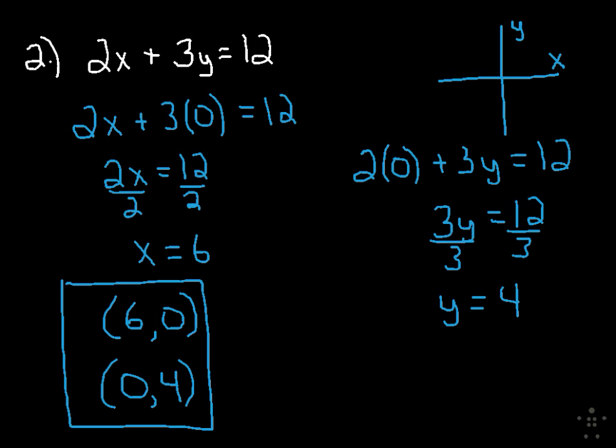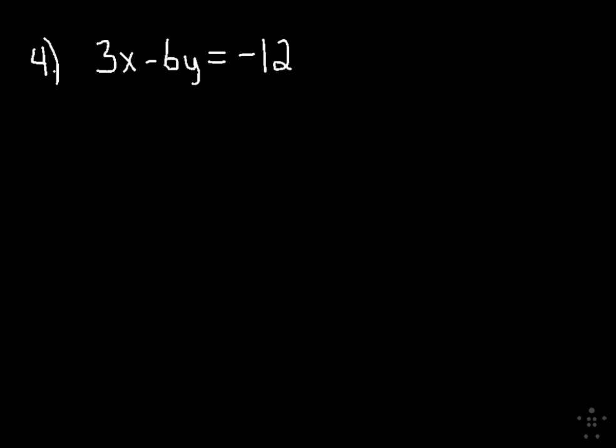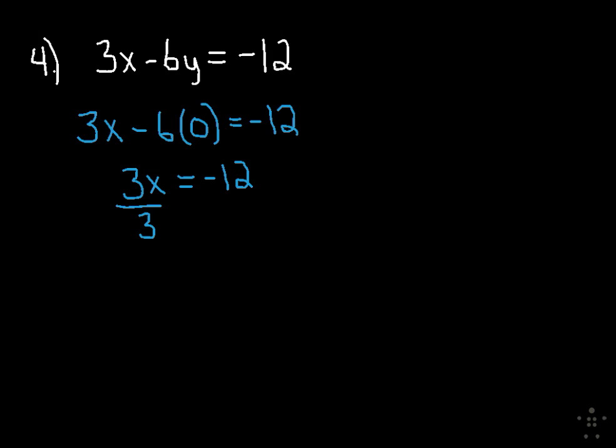Let's move on to question number 4. Question number 4, we're supposed to find the x and y-intercept as well. So to find the x-intercept, you simply let the y be 0 and solve for x. So all that's 0 right there, so that equals negative 12, divided by 3. So x is equal to negative 4. So my x-intercept is negative 4,